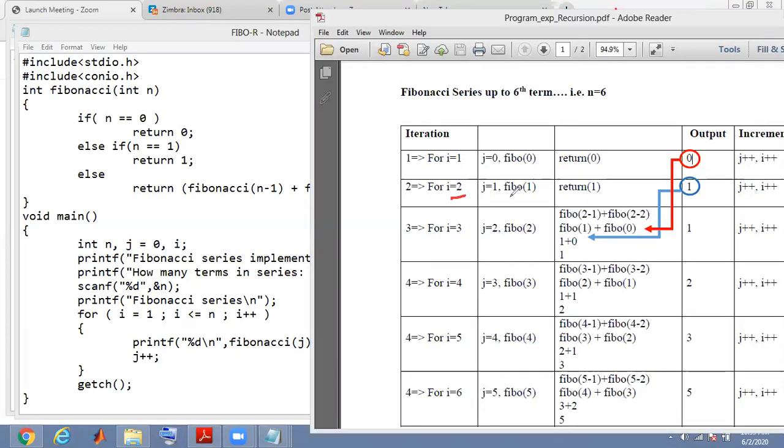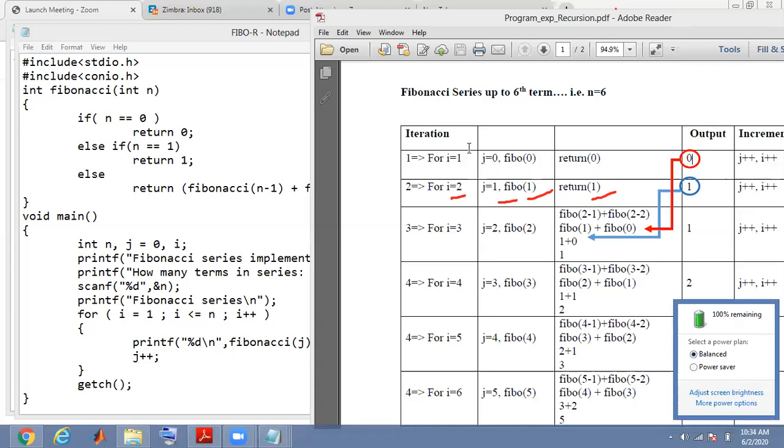For i equal to 2, j equal to 1, Fibonacci of 1 will be called and it will return the value 1. Just for simplicity, instead of the complete function name, I have used the short form, Fibo.